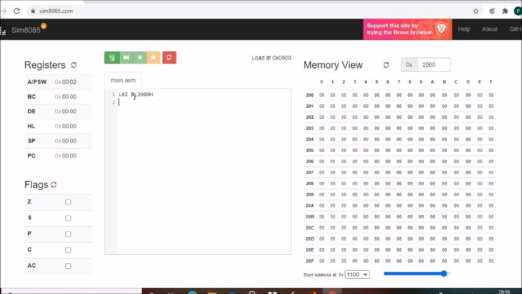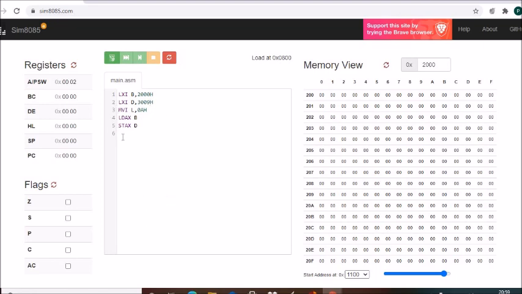Then try to write the programs on your own without seeing. Okay, LXI D. The more you practice, the better you will learn. Then you can write the programs on your own. MVI L, comma 0AH, the count. Okay, next you have to load the first number from the BC pair. Then you have to store the same number from the accumulator into the memory location pointed by the DE pair by writing STAX D. Okay, one mistake, it will be 3009, right?